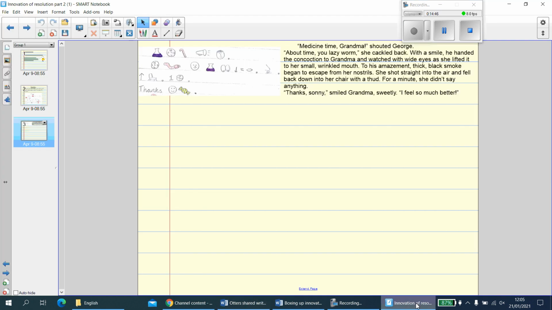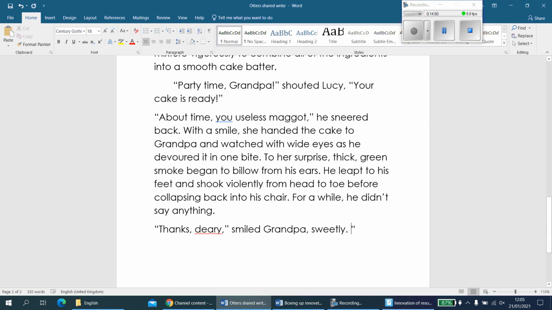And instead of saying "I feel so much better," Grandpa is going to say, so speech marks, "That's the best cake I've ever eaten." And he's going to exclaim that because he's so pleased with it. And then my closing speech marks go afterwards. So, "Thanks, Dearie," smiled Grandpa sweetly. "That's the best cake I've ever eaten."